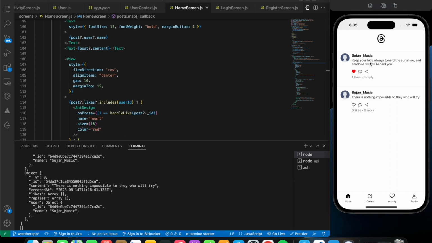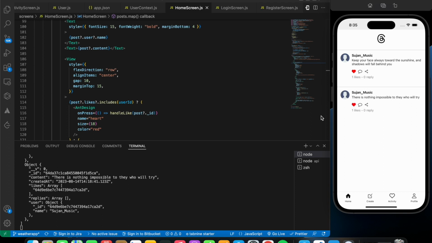Okay, so as you can see, we're able to like the post and even the likes are getting updated. So let's check for the second one. Okay, so that's looking good. As you can see, inside the likes array, this particular user ID is present. So yeah, that's working absolutely fine. Now the next step is we're going to go into the profile screen, and before that I think we